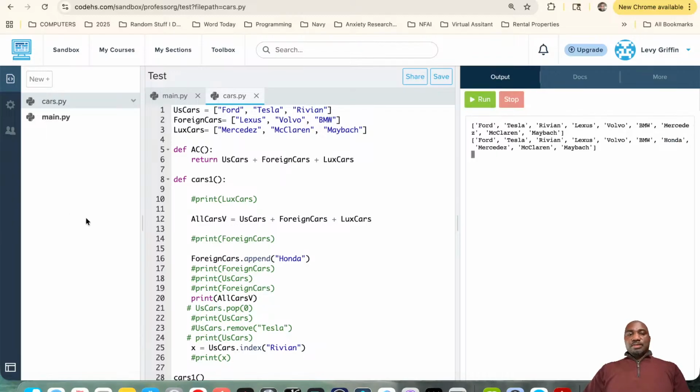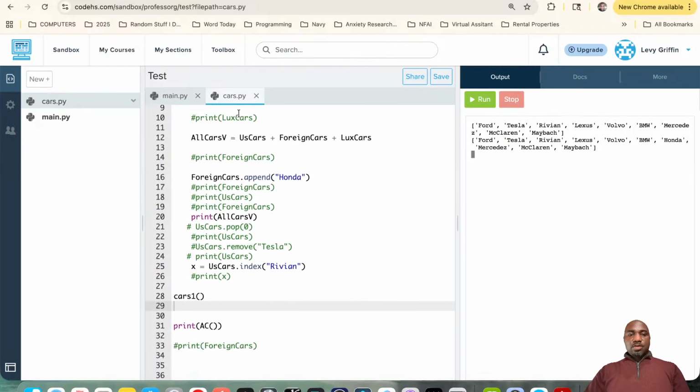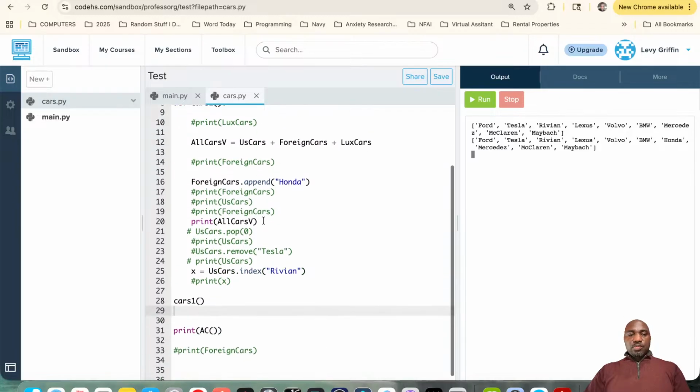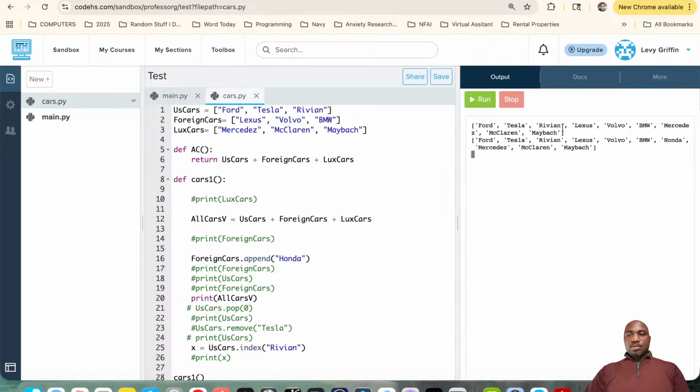So what we're seeing, guys, is I put AC, return US cars, foreign cars, Lux cars. So at the time of AC, Honda is not in here, right? Honda's not here, right? So if it was just a blank capture, when I hit print all cars, now mind you, I got print all cars after append Honda. I have print AC after append Honda, but this one has Honda in it. This one doesn't,